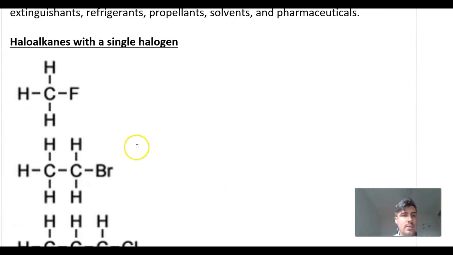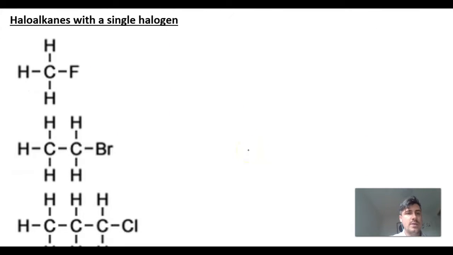Now, these are the simplest ones. So you've got ones where we've substituted on a fluorine, a bromine, and a chlorine. Now, the name of these using IUPAC, because it's a low priority, it comes as a prefix. It's a substituted group, and we have here fluoromethane,